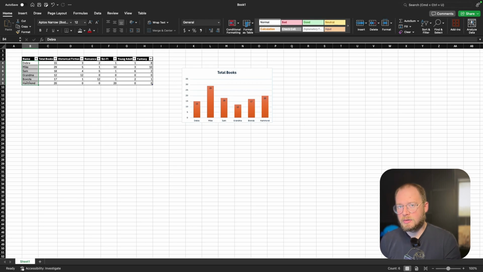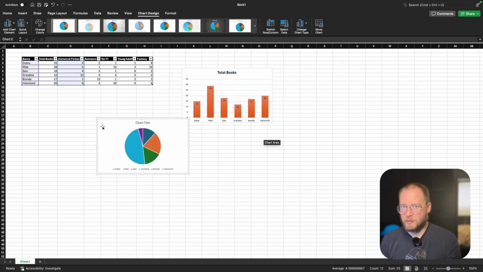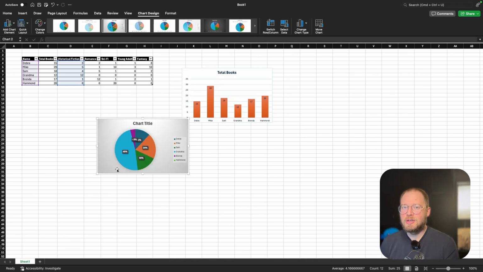Let's say that we want to make a circle graph, but instead of total number of books, we want historical fiction. So what we would do is select all of our names, and then let go. And then we would click Command, or Control if you're on Windows, and select all of the historical fiction category. We skipped over total books altogether, and now we go to the Insert ribbon, Pie Chart, and we can select whichever pie chart we like. And you can play around with themes and colors here too, and it'll show you what percentage of the overall total number of books